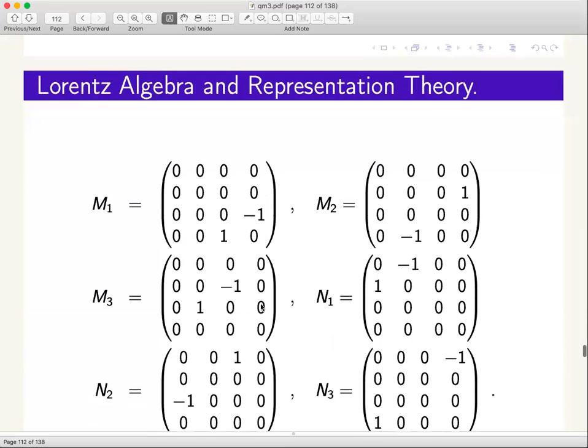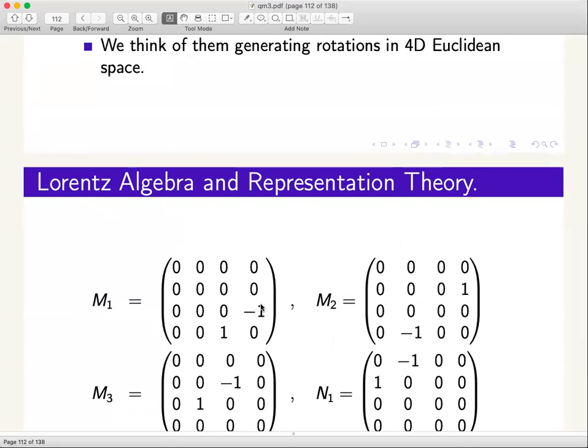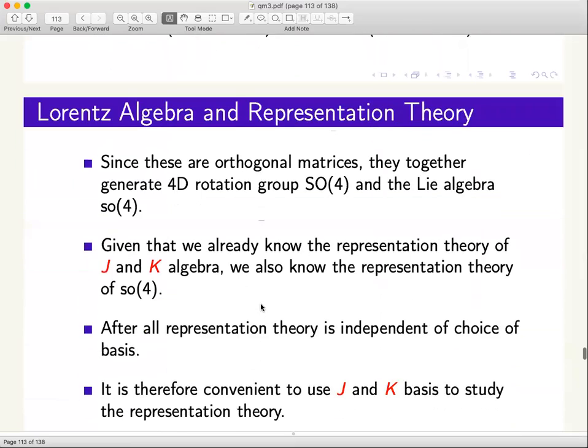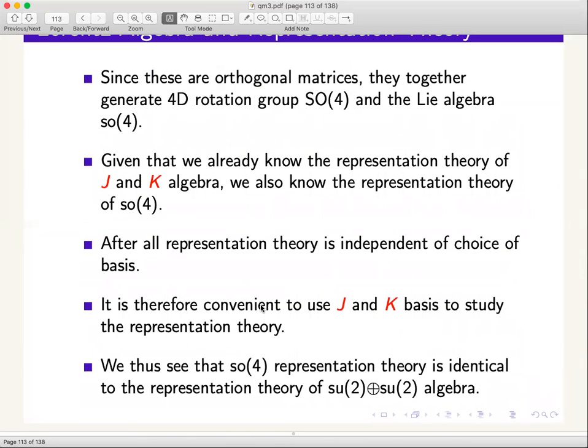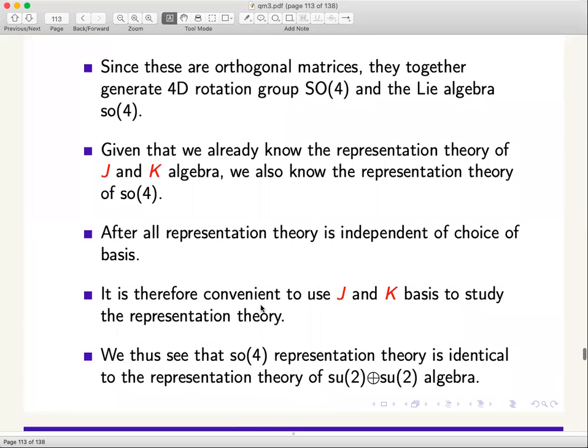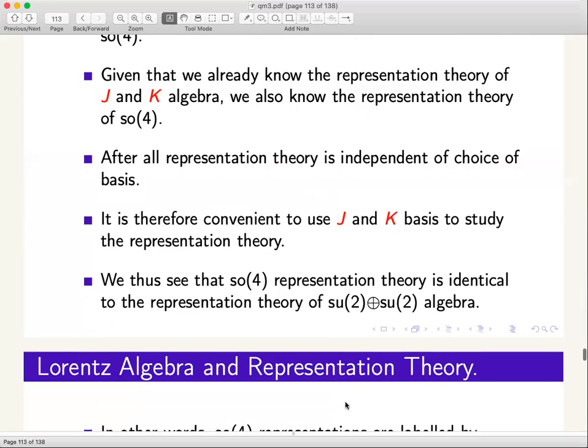Also, one thing, you said SO4 is SU2 plus SU2. Isn't it the cross? Oh, as a group it is cross. SO4 is SU2 cross SU2 as a group. As algebra, the elements add, no? In the group, the elements multiply. Okay. So that's why small letters. If I had written capital letters, I would have written tensor product. Okay, so let's go ahead.